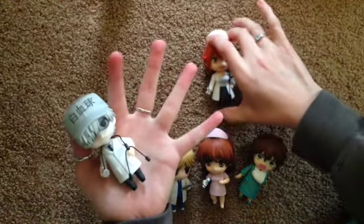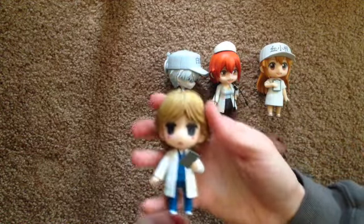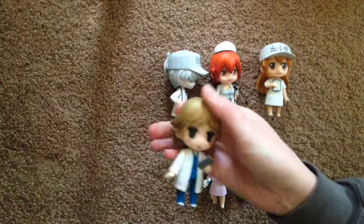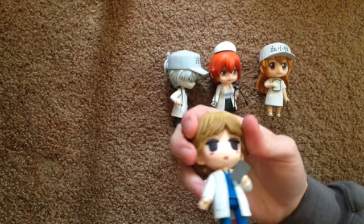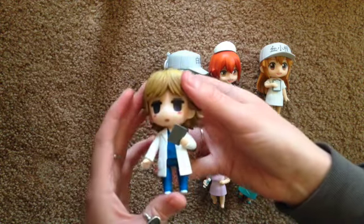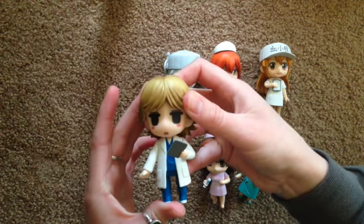Go ahead and put them down very gently. The other things I did, I put Luke in the other nurse's outfit, but I don't have that many male Nendoroids, so I just went with Luke. But his faces were way too severe for a nurse outfit. Like, he looked angry or ready to fight, and I was like, well, no, I don't think a nurse would want to fight you. I mean, that's not the kind of energy that I would want,